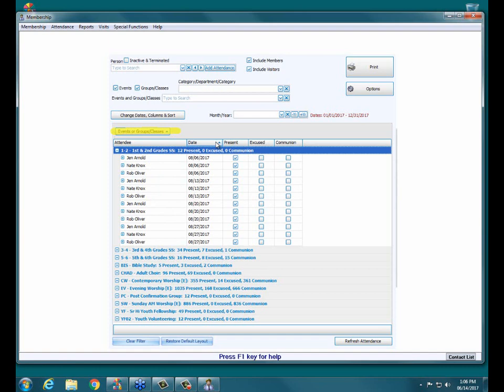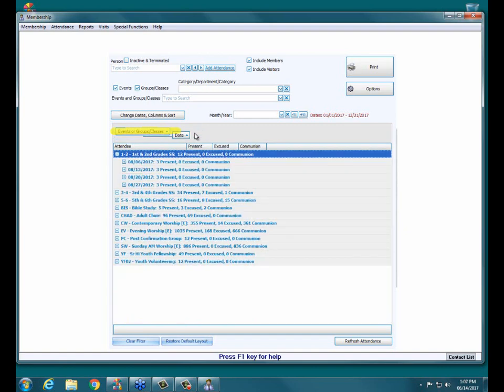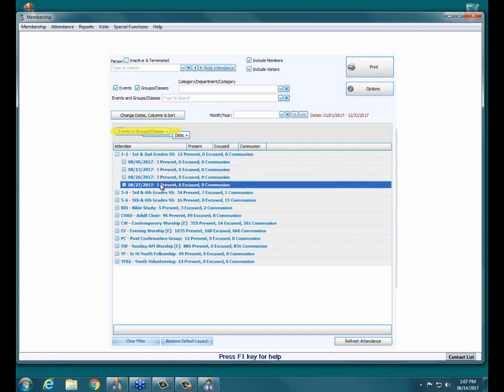And you can go even further. If you don't like the way this is grouped within that particular event, and you still want it sorted by date or by person to make it cleaner on this screen, you can click on date or attendee or any of the other ones, and then drag it up. You can see the little up and down arrows to the left. That's just telling you that it is going to be put in that location and is going to be grouping by date. So I let go, and now I have the first and second grade Sunday school expanded out, and we have the 4 different dates